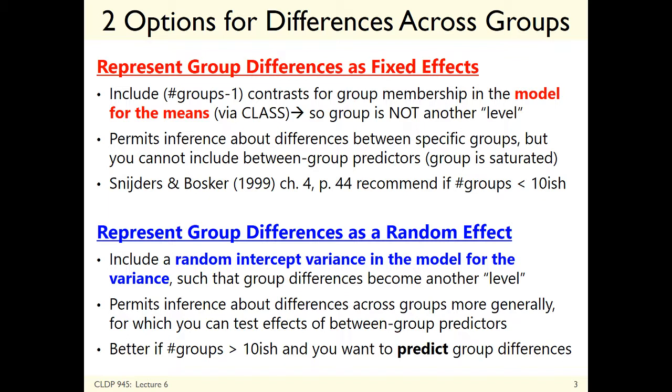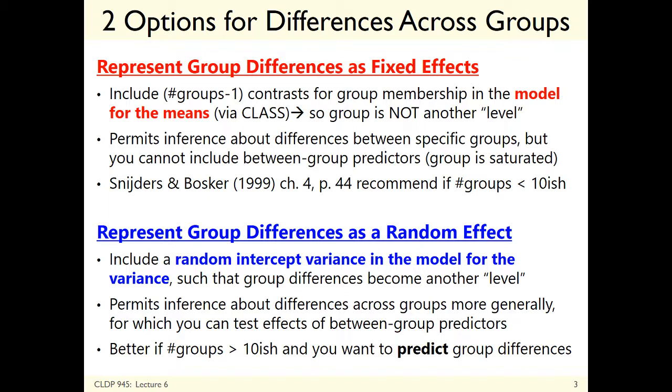Because he wanted to be able to make predictions as to how KU would do against Duke, as opposed to why it is that some teams score more points than other teams, right? Those are two different questions. So that's an example of when a fixed effect is more useful because you want to make the inference about that specific unit and how it compares to other units. So if you want to know what the differences are between your units, that's fixed effects. If you want to know why the differences are, that's random.